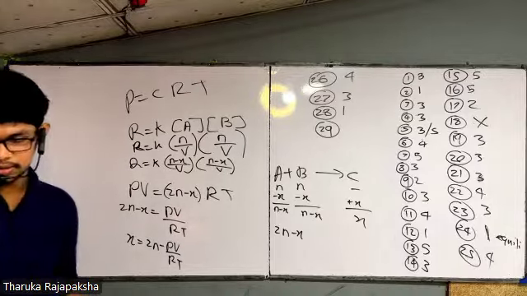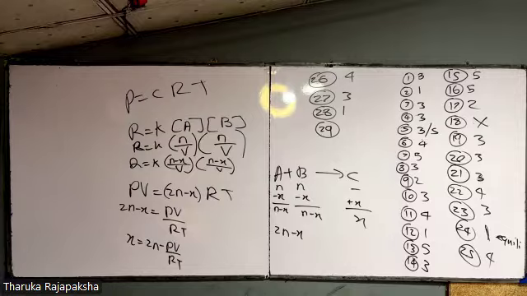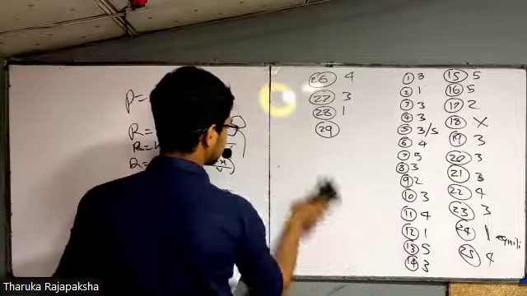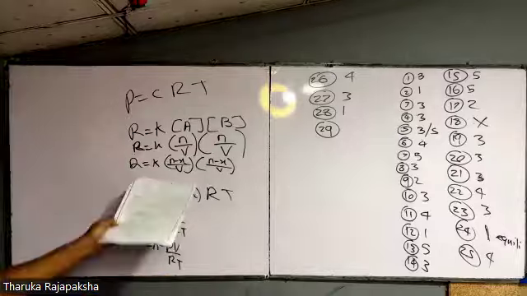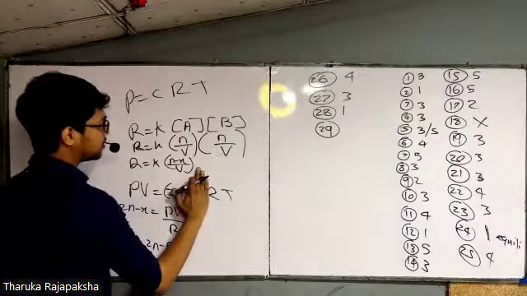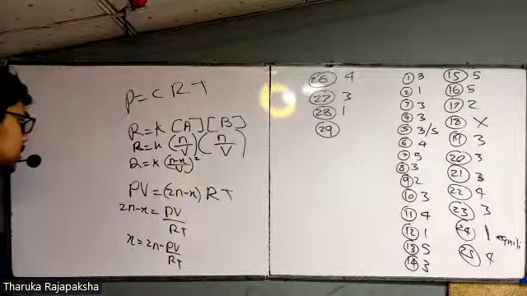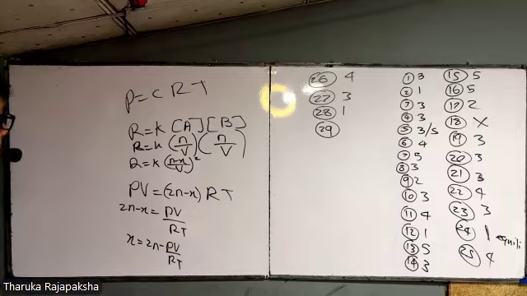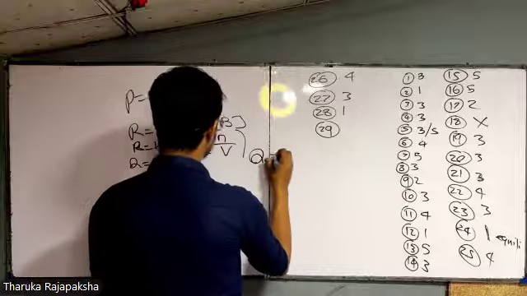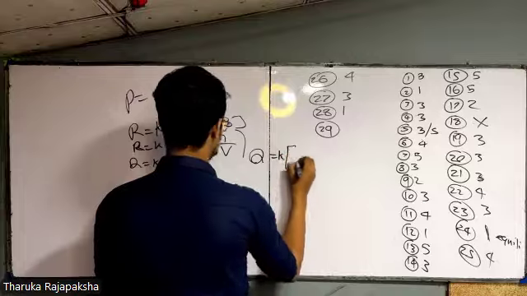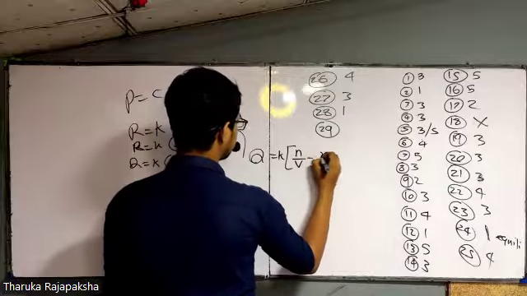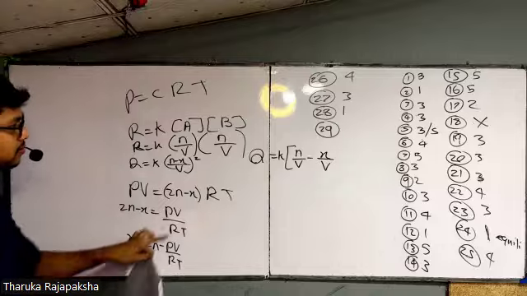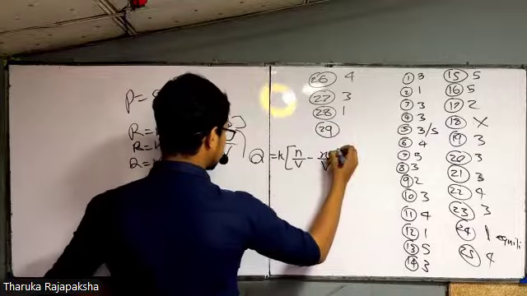I have to substitute into this now. So I can write this one as squared, නේ? Instead of minus X, I am putting 2N minus PV over RT. මට මෙහෙම ලියන්න පුළුවන් Q equals K times N over V minus X over V. So I can substitute this one there. එතකොට මේක substitute කරාම